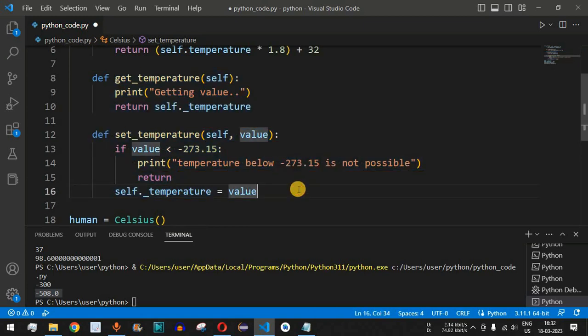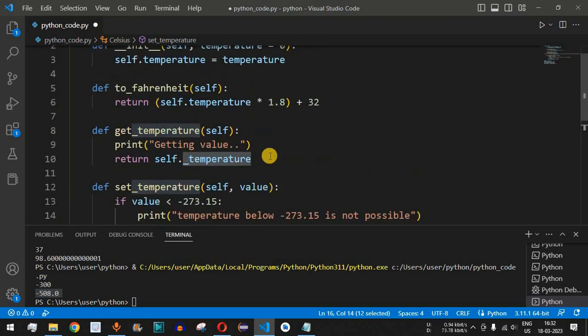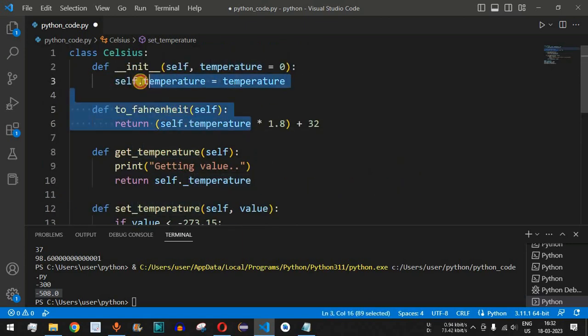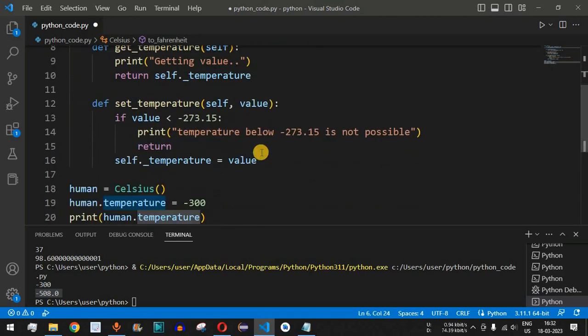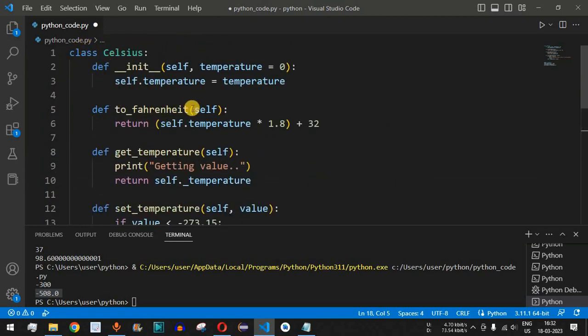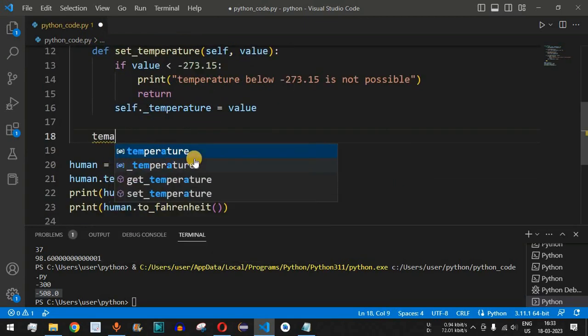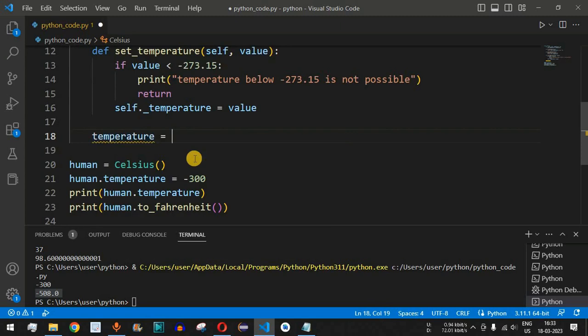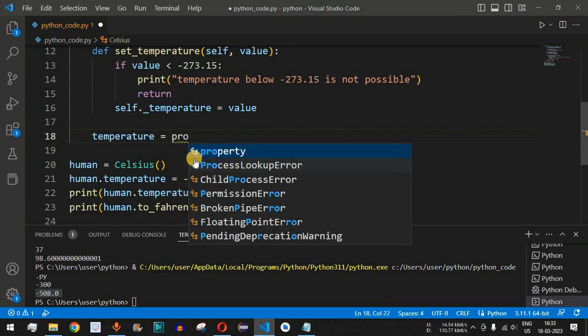Now the main problem over here is we are using the underscore in this case as the prefix, whereas we were not using the underscore in this case. So guys, we can use the property decorator now in order to assign those values. What we have to do is inside this class itself, that is the Celsius class, we can simply provide the variable name that is temperature. It is equal to, we say property in this case.